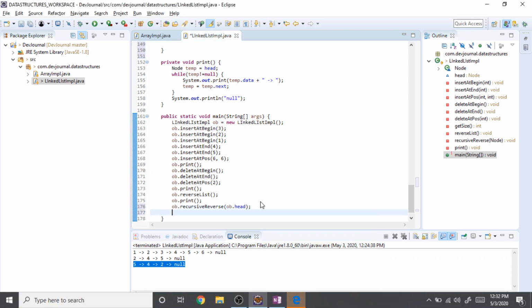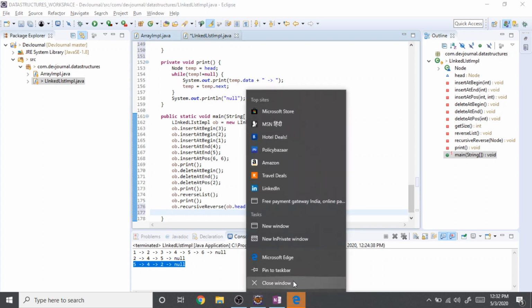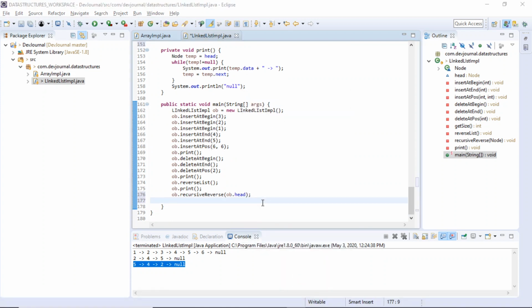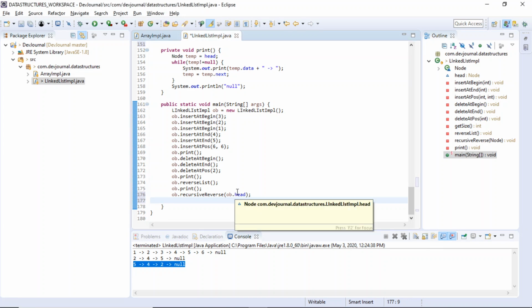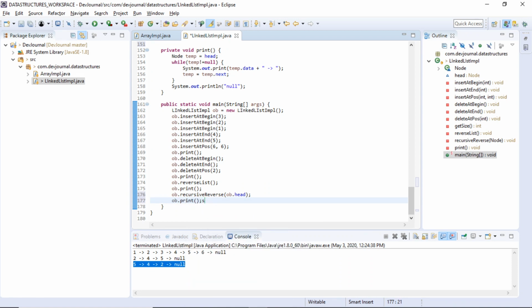Ideally this should be private, and we should not be able to access it this way. We should create a method peek which would return the head of the linked list. But for now, let's proceed this way. Dot print, and let's run this.